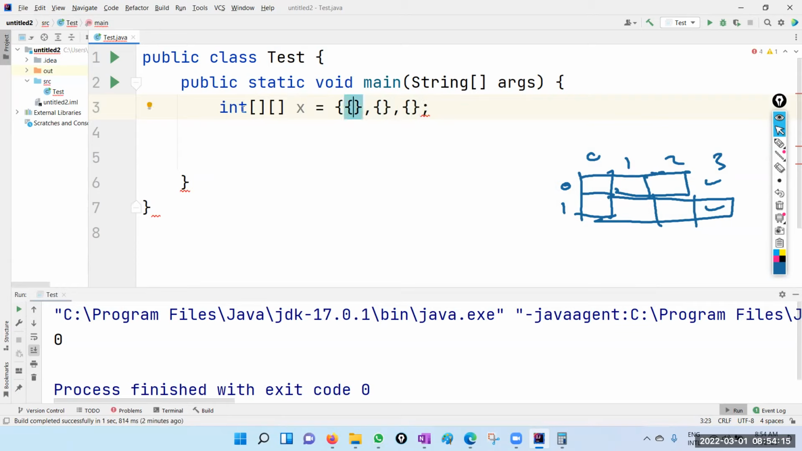Say 10, 12, 15. It's an odd shape array. Say 20, 50. Say 20. Now if you want to print this,